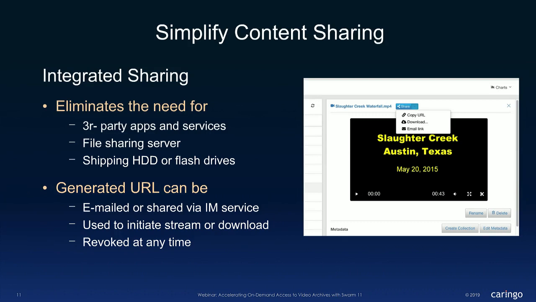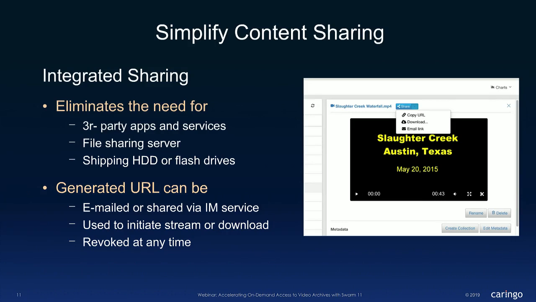So we do have a few sports teams that are using our solution, and they're using it to share a lot of their farm league content or a lot of the training videos that they traditionally had a lot of issues sharing. They would ship thumb drives around, ship hard drives around, because those videos were important, but they were also large. So they're using us in that way.